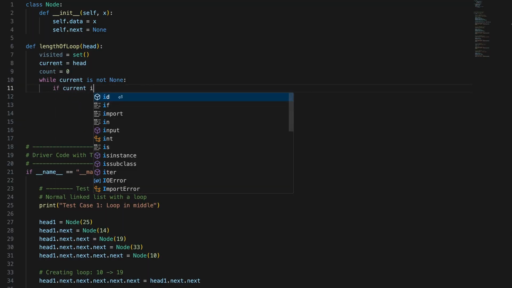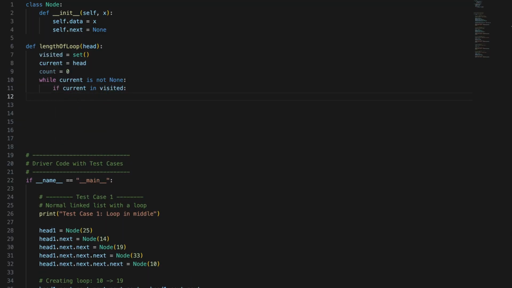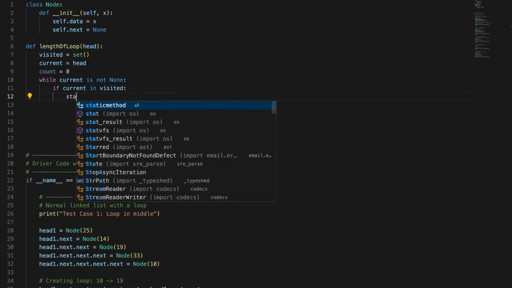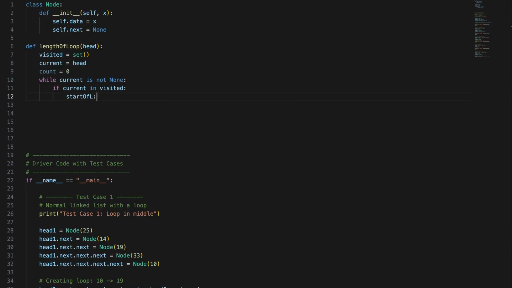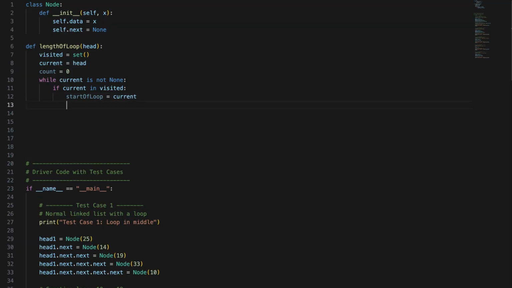if current in visited. Here I check whether the current node is already present in the set. Now we store the loop start. So start of loop is current. Okay. If it is present, I store this node as the starting point of the loop. Now let's count the number of nodes. Let's count the loop nodes. So while true,